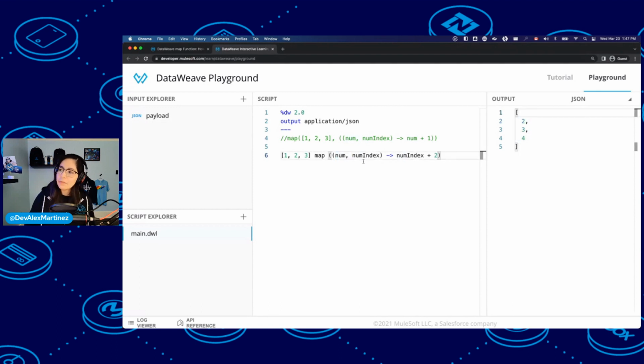So you can remove the parameters as long as it's not the one to the left. You can remove the ones to the right. If we had more parameters here to the right and we're using num index, we could remove those other parameters, but we cannot remove num because it's to the left. All right. Or if you want to see it in a different way, you always have to have the previous parameters, but you can remove the next parameters from the ones that you are using. All right, so this was num.